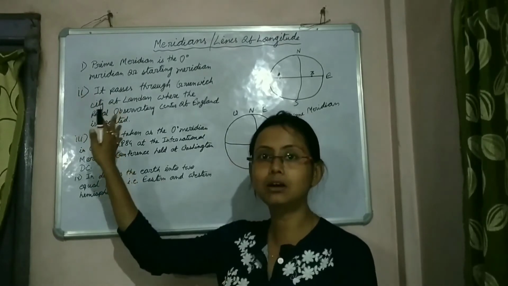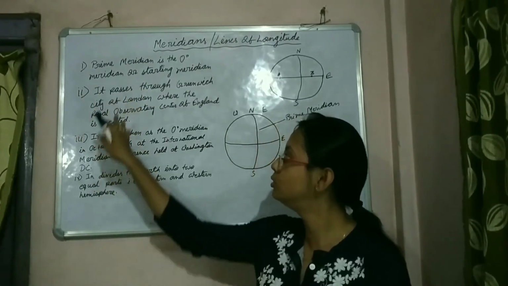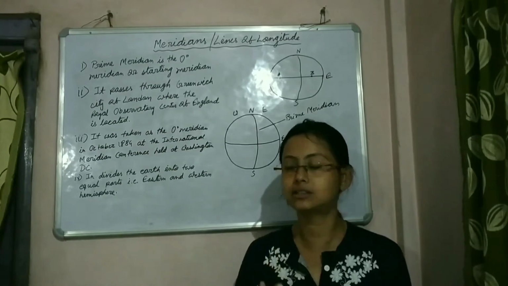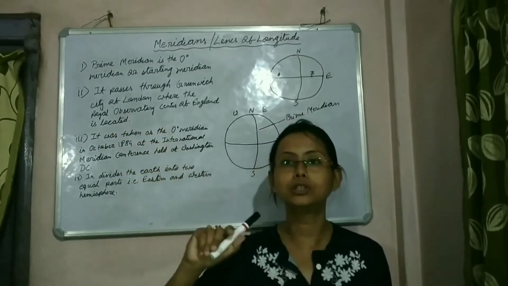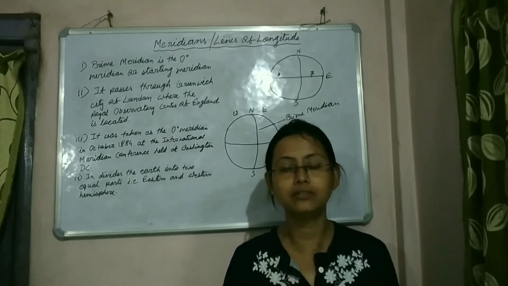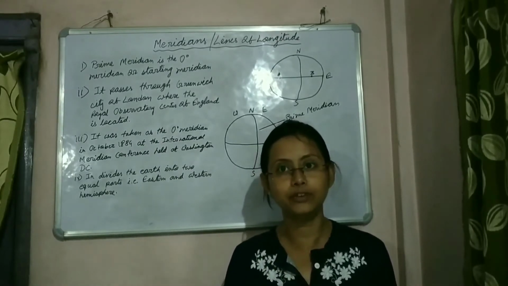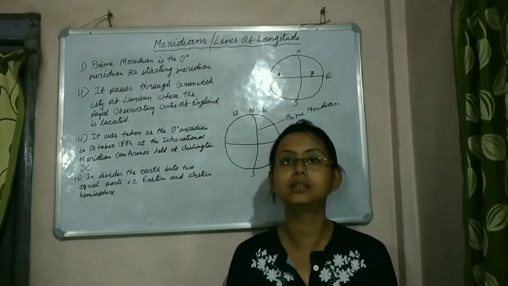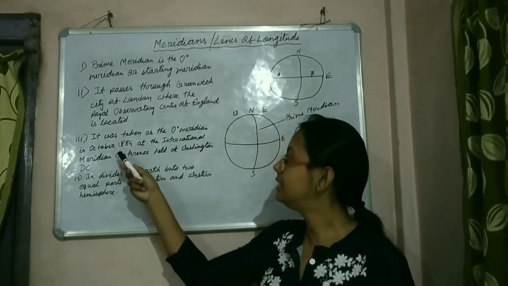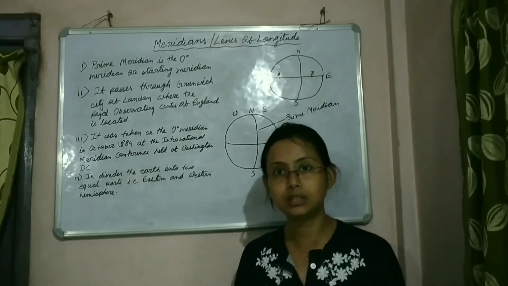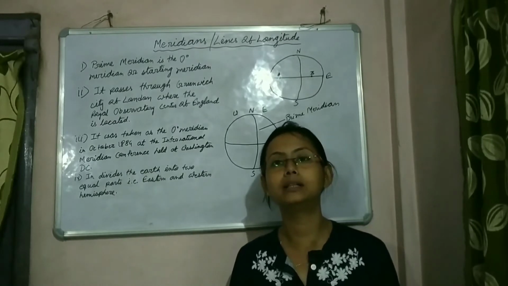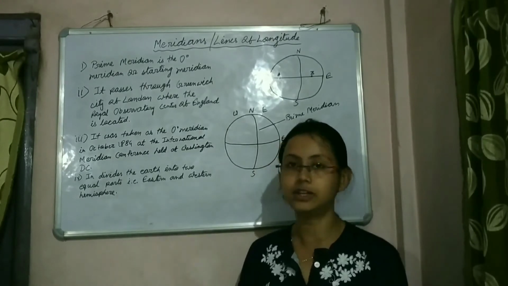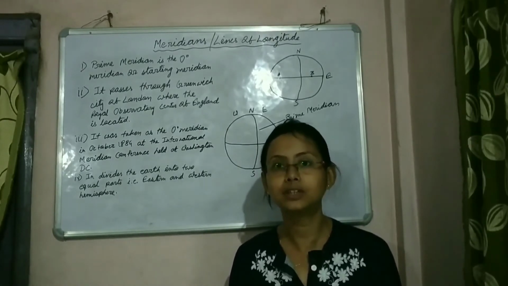So let's now see some history about these two, point 2 and point 3. The Royal Observatory Center, let me tell you, this is the extra dose of information. The Royal Observatory Center, which is located in Greenwich, was established in 1675 by King Charles II of England. And this Greenwich meridian was established in 1851 by Sir George Airy. And the conference which was held at Washington DC in 1884 was called by the then President of the US, Chester Arthur. He called this conference. And in this conference, a total of 25 countries attended.